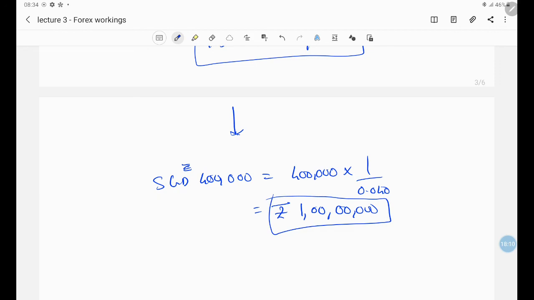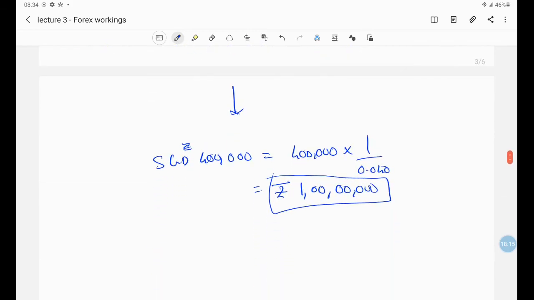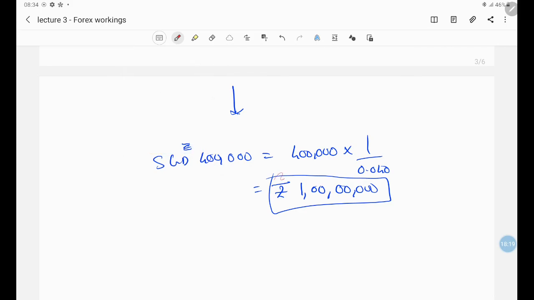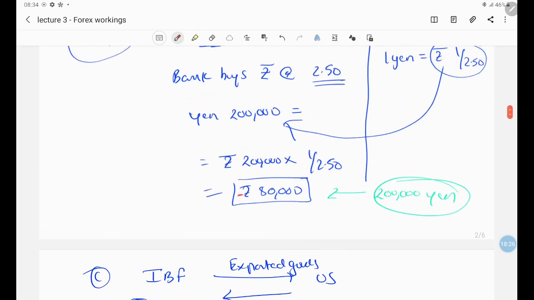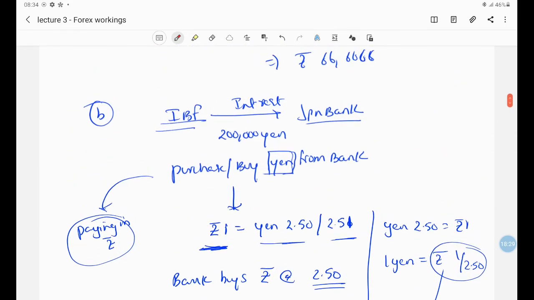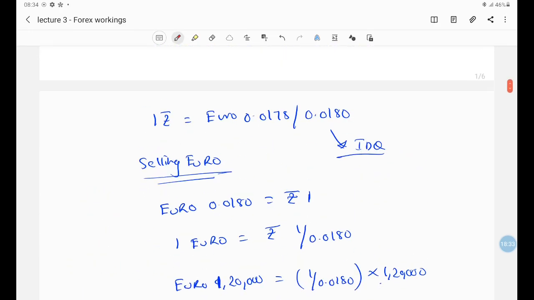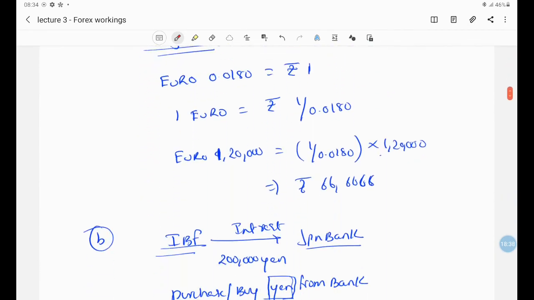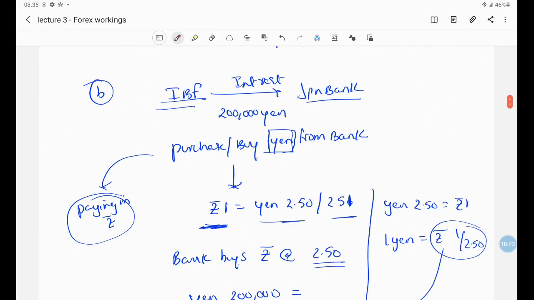Here, because we are paying, it should be negative, because there is an outflow of cash, the outflow of money. So in this we have the outflow of money. Here the firm receives, here the firm pays 80,000, right? Again here also the firm receives the money. So this is the point of view of the Indian based firm, and we have worked with the help of the indirect quote, right? So thank you for watching the lecture.